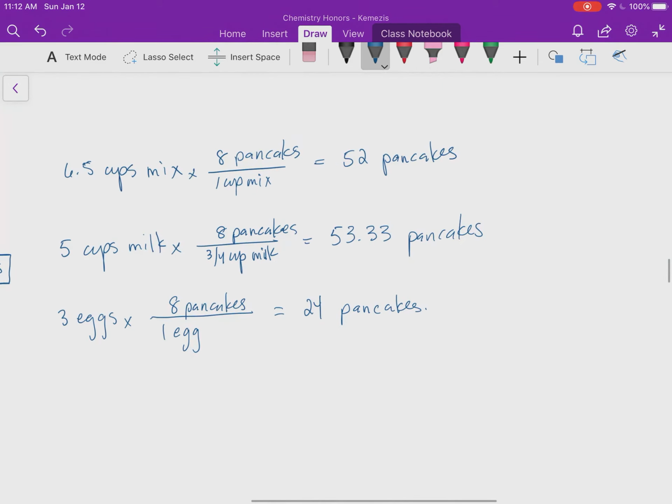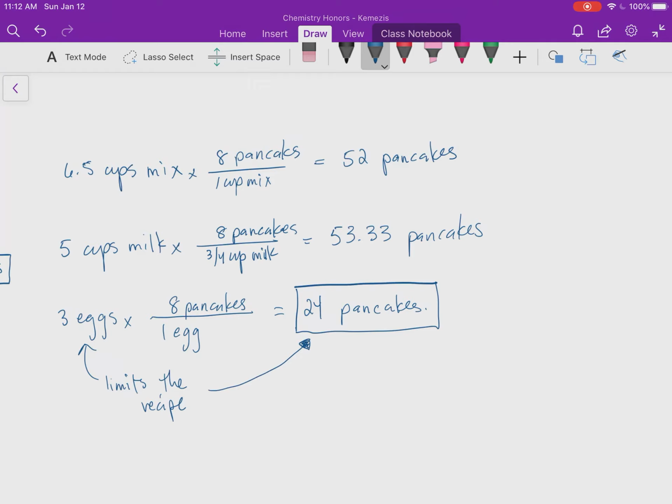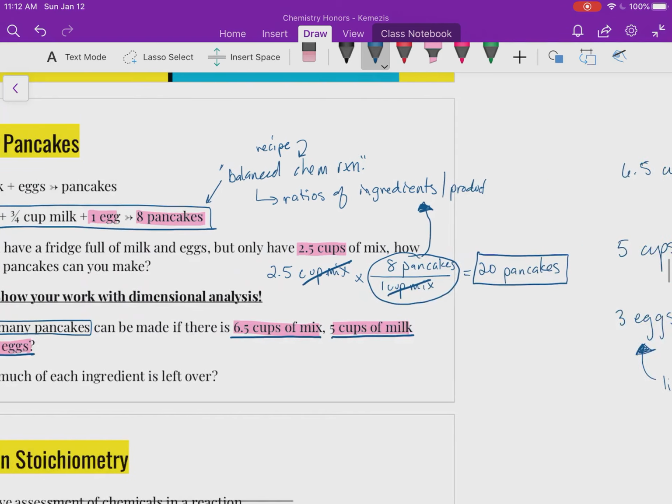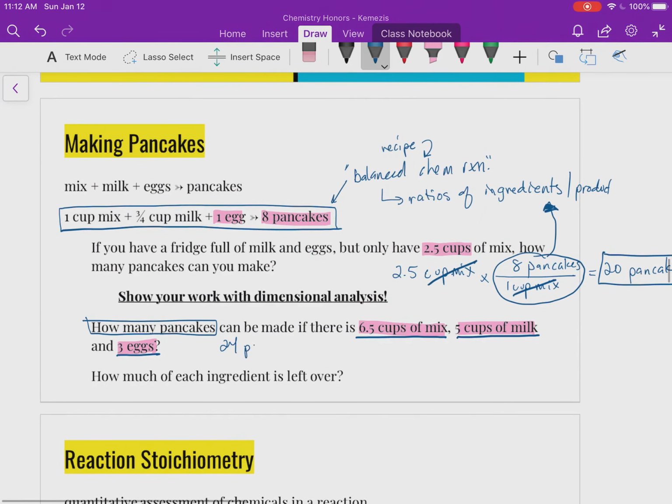So now when we're assessing this problem, if we had this amount of ingredients, how many could we make? Well, in order to make 52 pancakes, I need a certain amount of eggs, and I only have 3 eggs. So this calculation we just did allows us to realize that the 3 eggs limits the recipe, or we can think of it as limits the reaction. I don't have enough of this in order to fulfill the recipe. So our answer has to come from the limiting factor, the thing that holds us back. So our answer for how many pancakes we can make is 24,